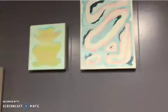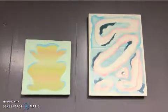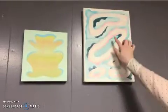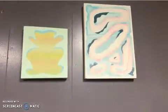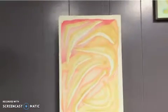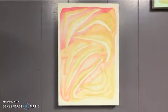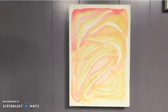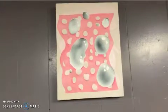So, my interest was really with the dimensionality of the spraying and the kind of imperfect moments that come from masking and that process. So they're not representational, but they kind of take on a personality. Well, that one sure has a